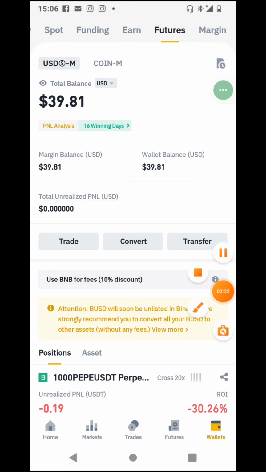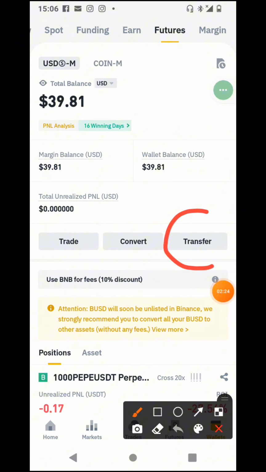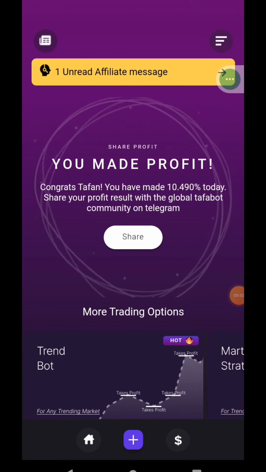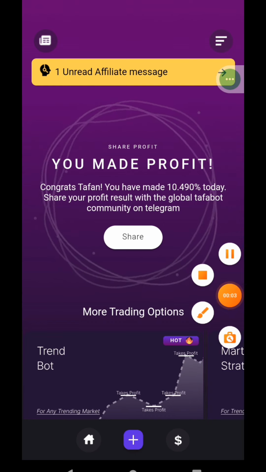So what I'm going to do quickly is simply click on this transfer, and transfer the profit that it has made for me, $9.80. I'll transfer it out. Then I'll keep watching how this $30 can, before you know, I might just become a multi-billionaire from just ordinary $30. Let me go and do my investigation. Join me in my investigation, okay? Come and see what I'm seeing.